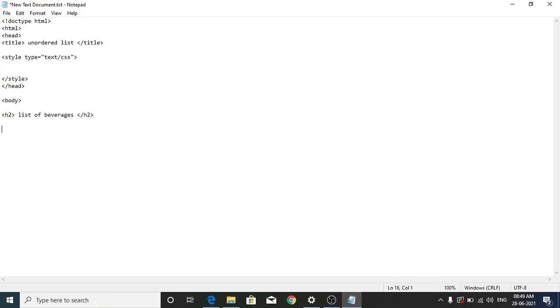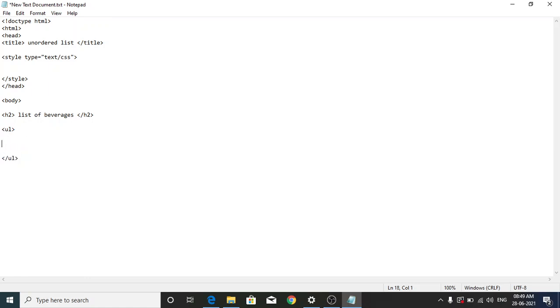So the heading is closed. Now I need to start the list, which is an unordered list. The tag for unordered list is UL. So I'll start with the tag UL, then close UL. Any list will start with UL and end with backslash UL, and whatever you need to create the list should be inside this.